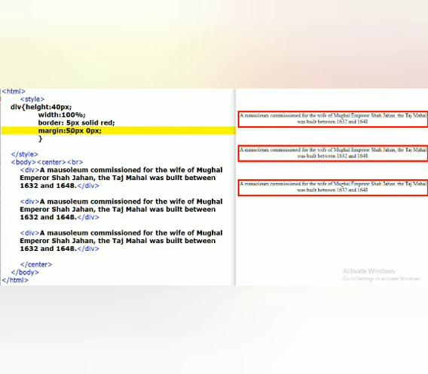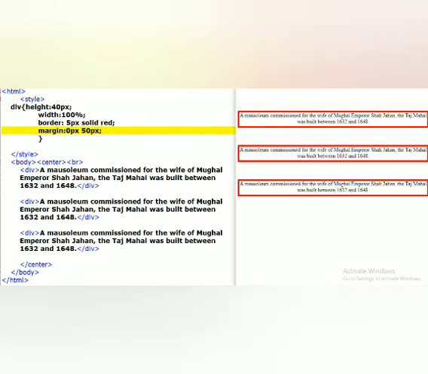Now I will remove the margin for the first value and I will pass 50 pixels for the second value. So you can observe top and bottom I am applying only 0 pixels, and left and right side 50 pixels I am going to apply now.